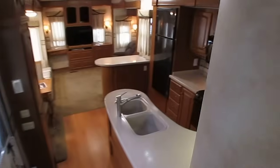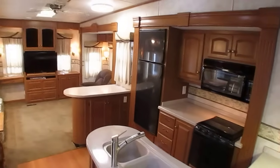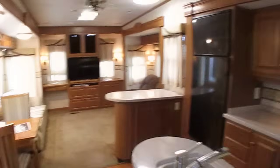Step back through here. Folks, this would be an excellent live-in unit. It'd be an excellent lake unit. At 40 foot long, I know it's a little big to take to the campground for the weekend, but you